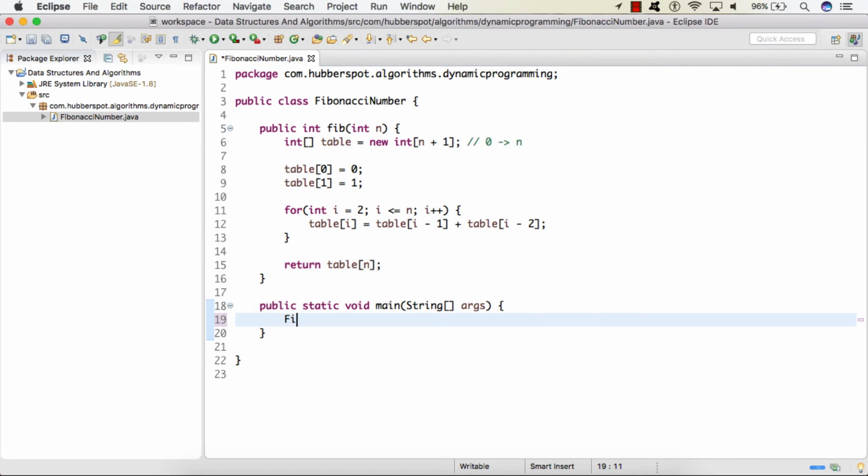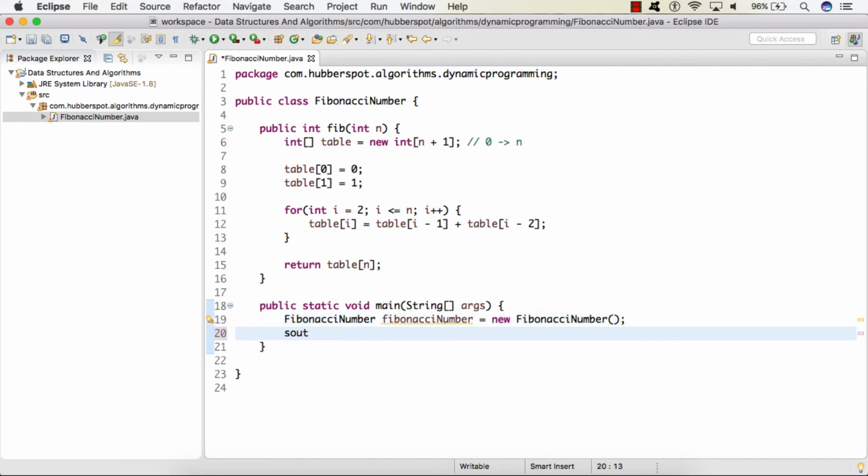So here first we'll create the object of the Fibonacci number class. We'll provide a sysout to print the nth Fibonacci number. Let's say we want to print the 6th Fibonacci number.